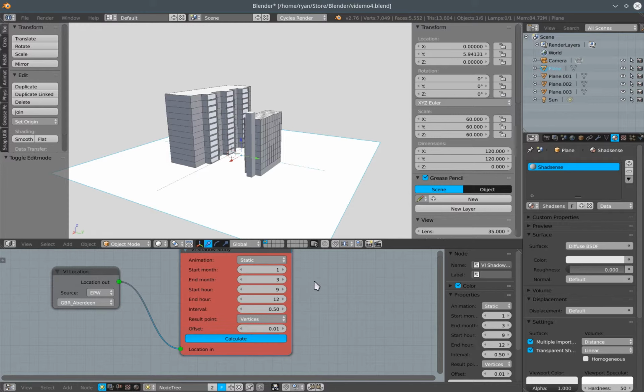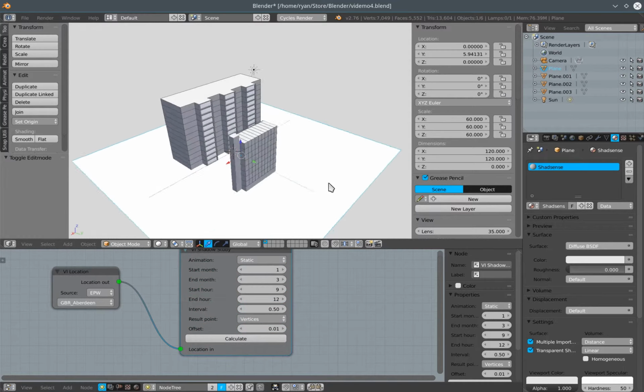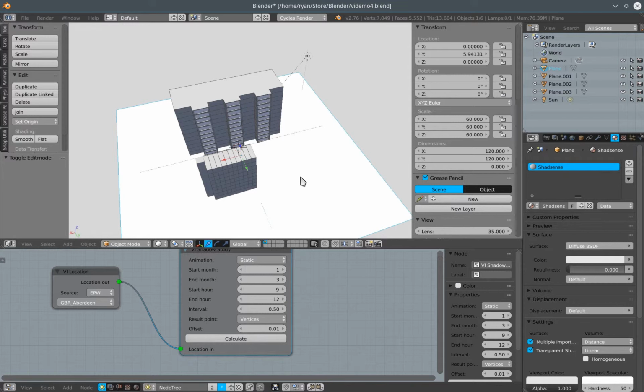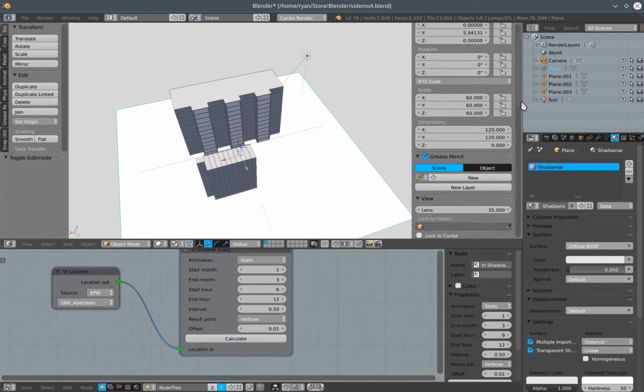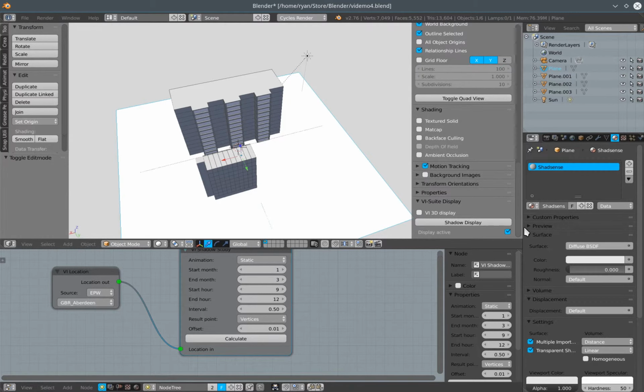So now if I press calculate, then the V-Suite will, for each point on this sensing plane, and for each hour and for each month that we've selected, work out if that point is in the sun or if it's being shadowed by another object within the scene. Once that calculation button has been pressed and the calculation has completed, then we have, again down here in our V-Suite display tab,